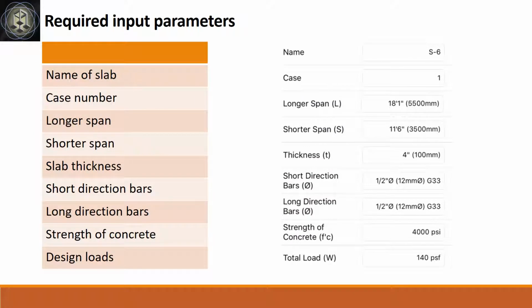Enumerate input parameters required. Name of slab S6. Case 1 panel design. Longer span 5,500 mm or 18 feet and 1 inch. Shorter span 3,500 mm or 11 feet and 6 inches. Slab thickness 100 mm or 4 inches. Main bars 12 mm or half-inch diameter bar, grade 33, strength of concrete 4000 psi, and total load of 140